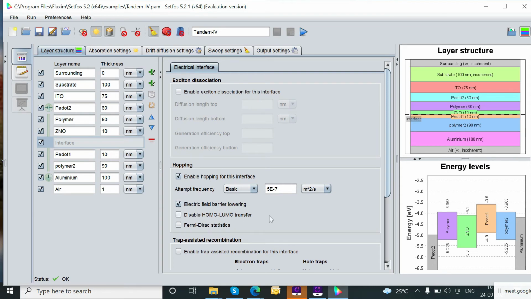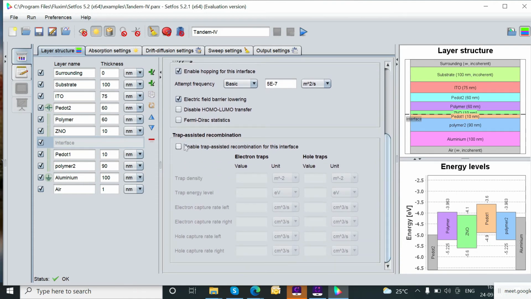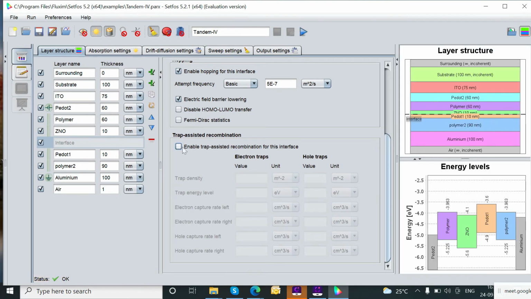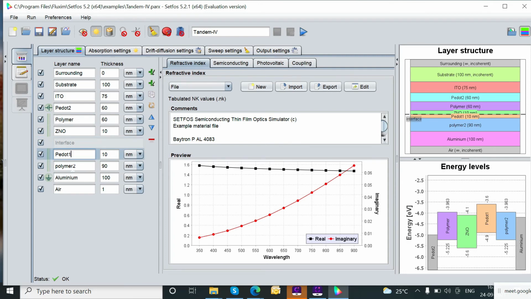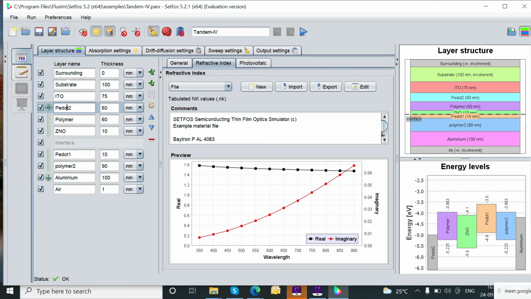Now let me show you some other examples for other devices. On the left of the screen you can find the examples directly. Suppose you want to work on tandem devices, then this is the tandem solar cell. In this tandem IV, you can find many electrical layers.